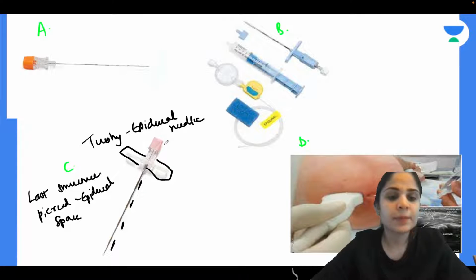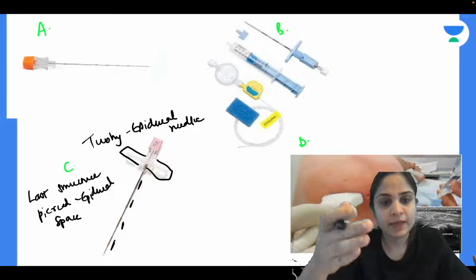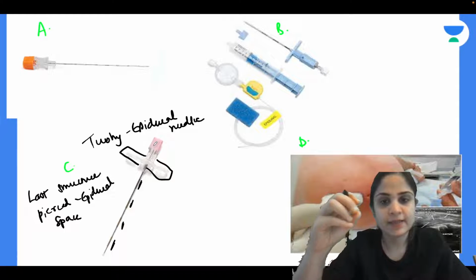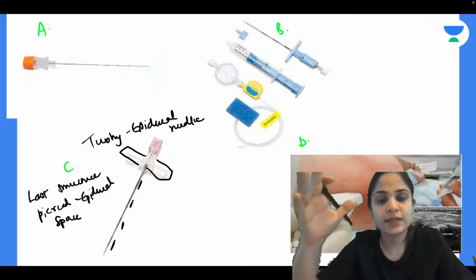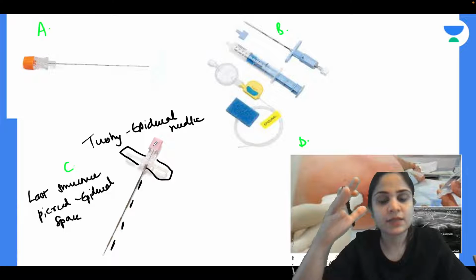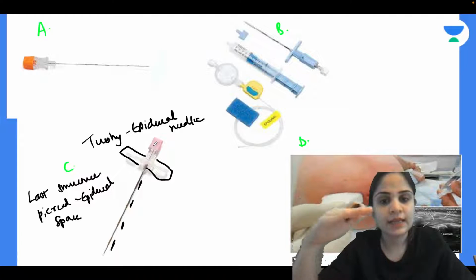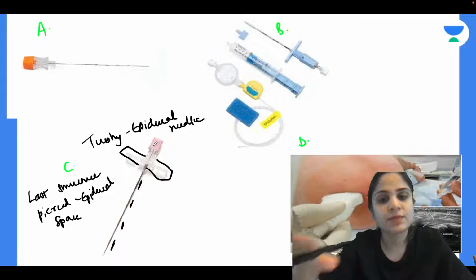Alright. Now remember, many of you ask me, ma'am, what is epidural anesthesia used for? What is epidural analgesia used for? Remember, the epidural space, you give local anesthetic in the space, and there are spinal nerves which are coming in that space. So whenever we give local anesthetic to those spinal nerves, your lower limbs and the area below the level of the umbilicus will become numb.